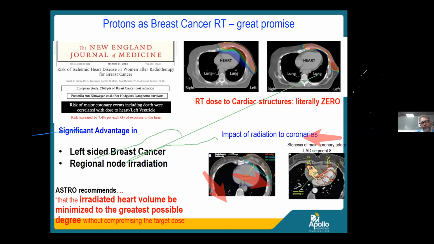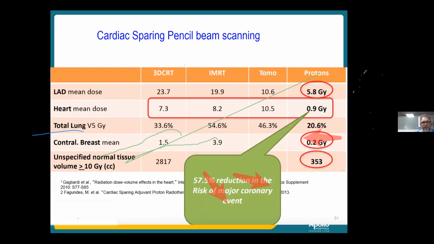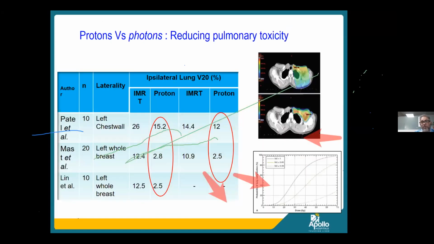to treat the left side of the breast, and also if you have to treat the internal mammary nodes, because there are a number of lymph nodes there. And as ASTRO recommends, we know that the irradiated heart volume has to be minimized as much as possible. We use surface guided radiotherapy for these tumors. It's a relatively simple plan. It can result in significant cardiac sparing, especially with pencil beam, and also significant sparing of pulmonary toxicity,